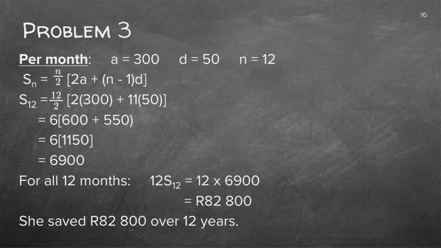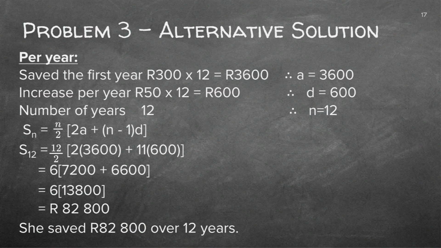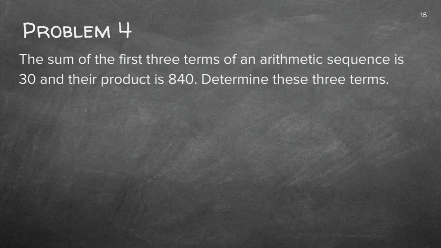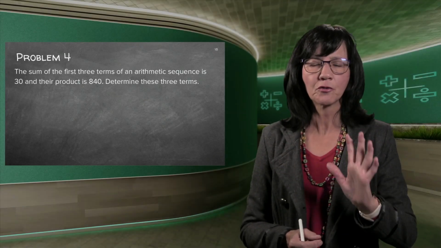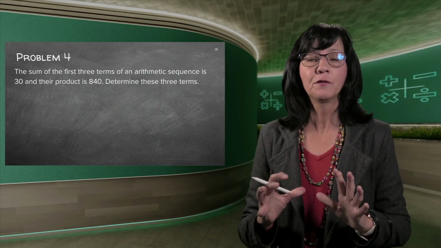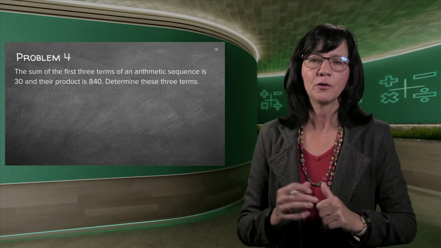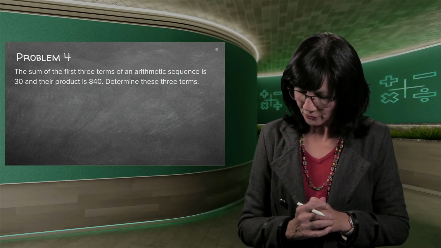Check carefully. There they've done it per month. And here we've done it per year. But you're going to go first on your own. So I don't even want to hover over there. I want you to go totally on your own. Try problem 3. And after you've tried it totally on your own, you only go and check your answers and see if you're right. Good.